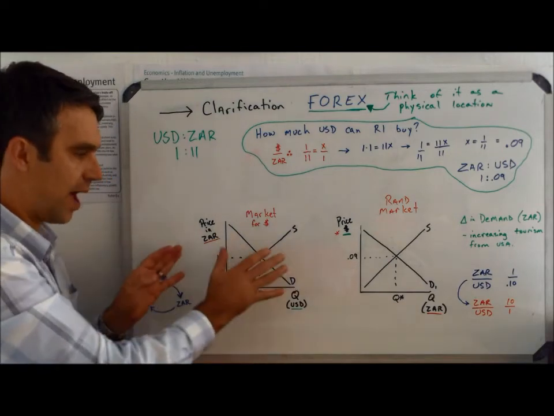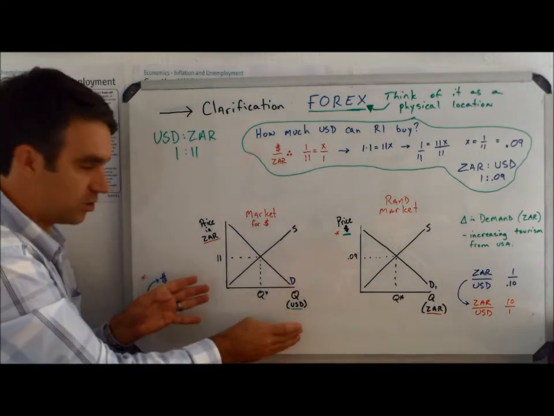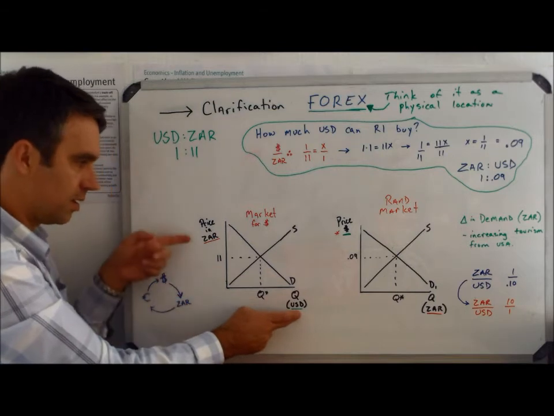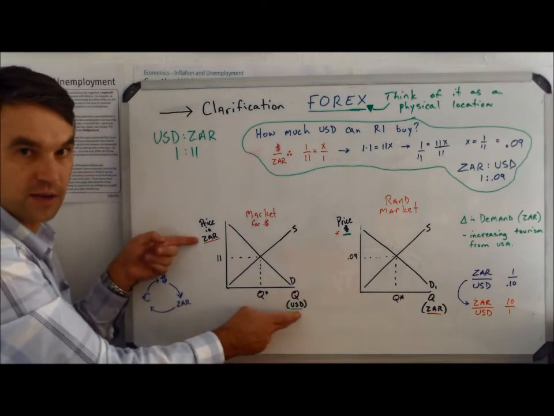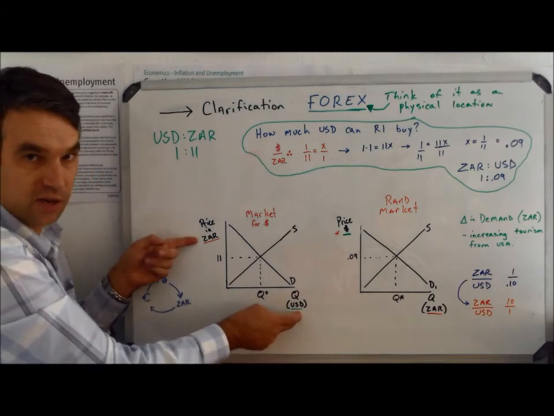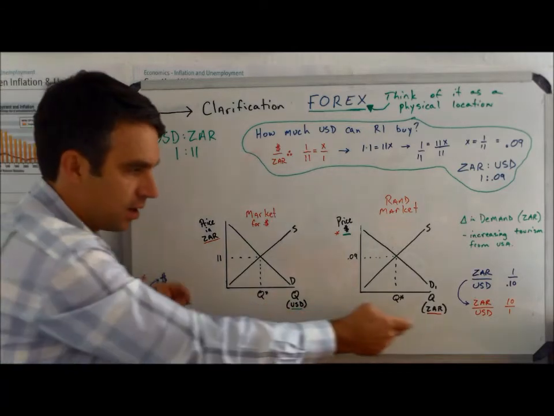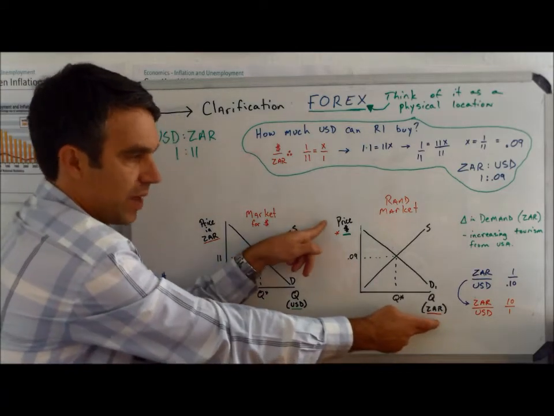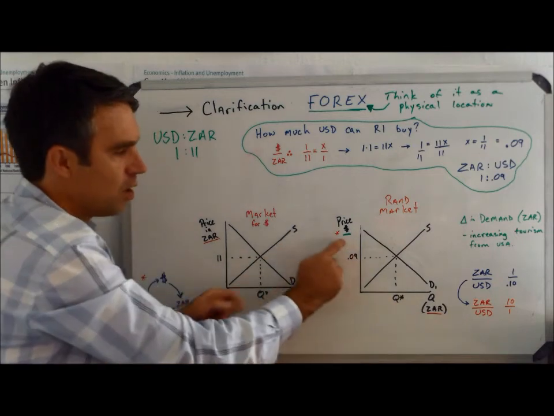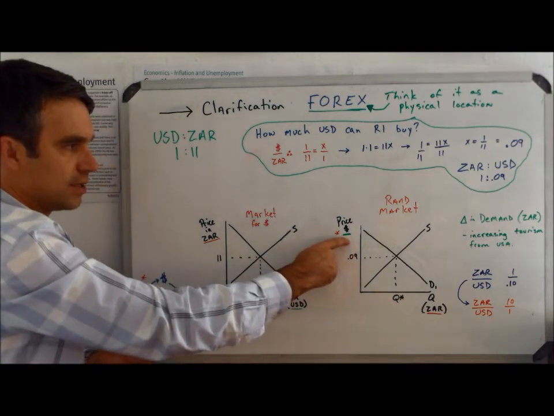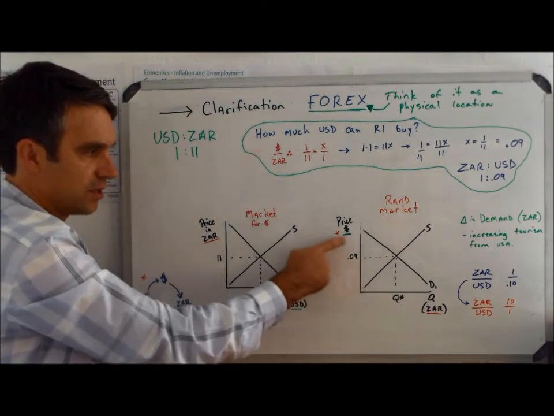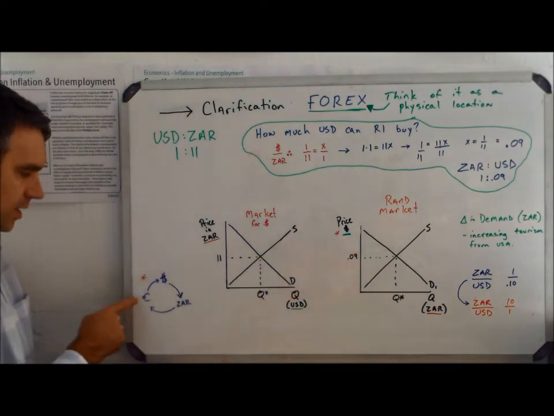So you'll notice on the graph, it's really important that you stress that we're buying dollars, but we're paying for the dollars in rand. Again, you wouldn't buy dollars with dollars, that wouldn't make sense. Here, we're buying rand, but we're paying for them with dollars. One note on this is the rand market expressed in terms of dollars, but it could also be expressed in